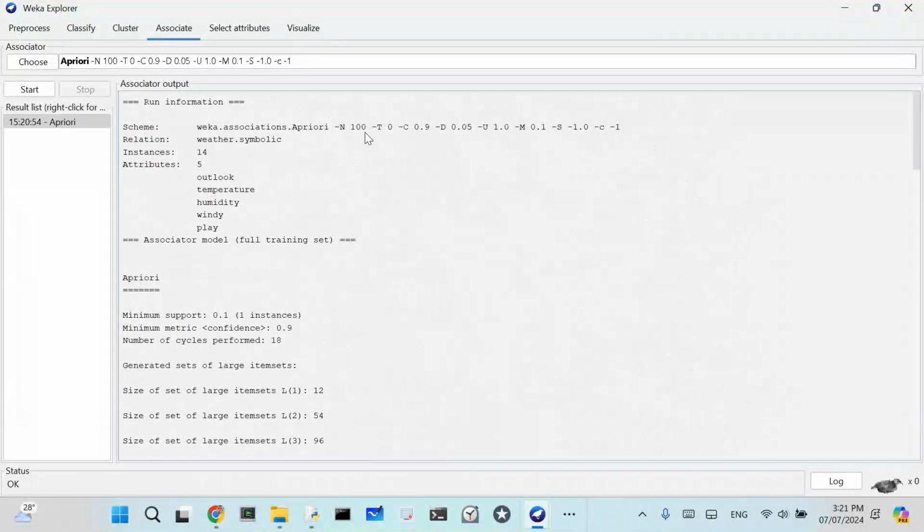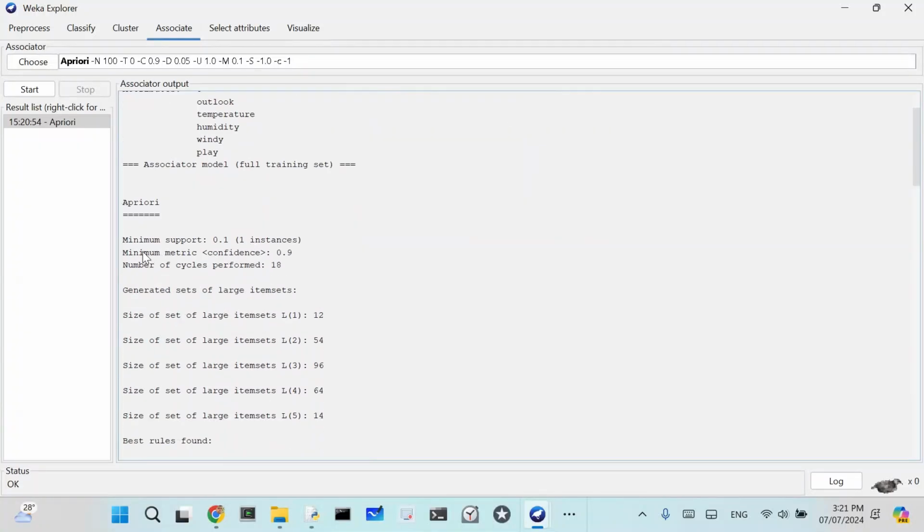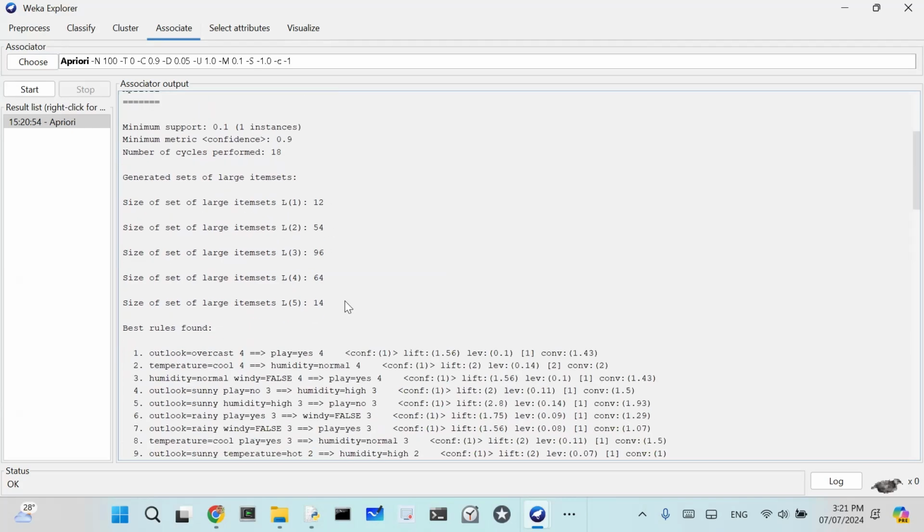So this algorithm is known as Apriori, which is exactly what I explained about how the Apriori algorithm works. You can see that the minimum support is 0.1, at least one instance, and confidence at least 0.9. The number of cycles performed is 18. And it gives you the information, which we have already discussed. We have large 1 item sets, it's 12, 2 item sets 54, 3 item sets 96, then 4 item sets 64, 5 is 14. This is with the minimum support